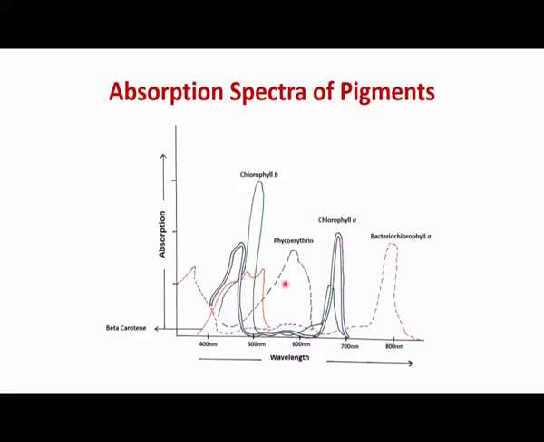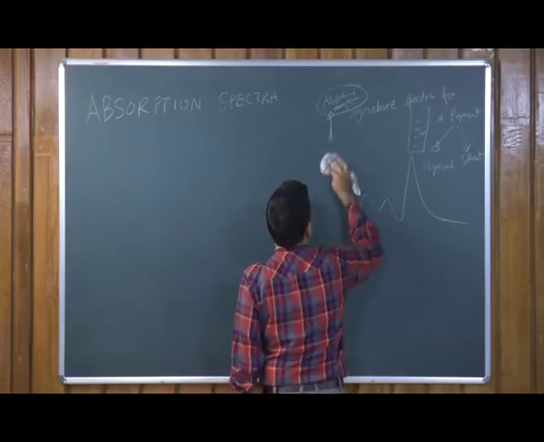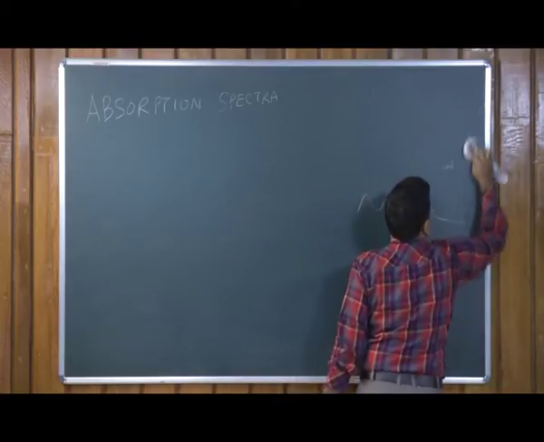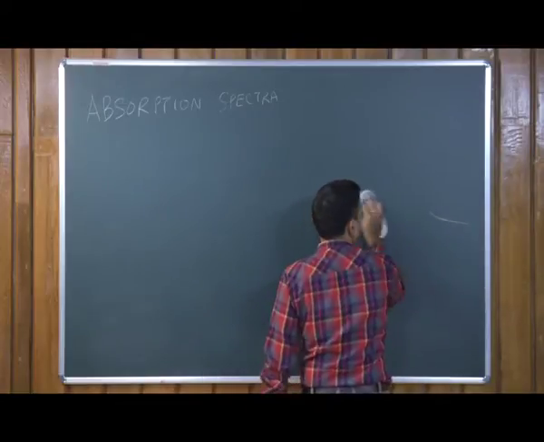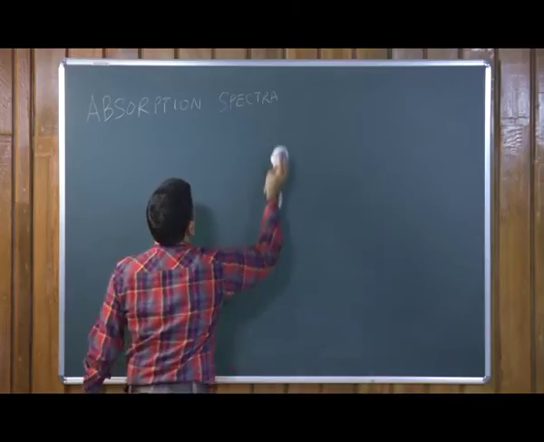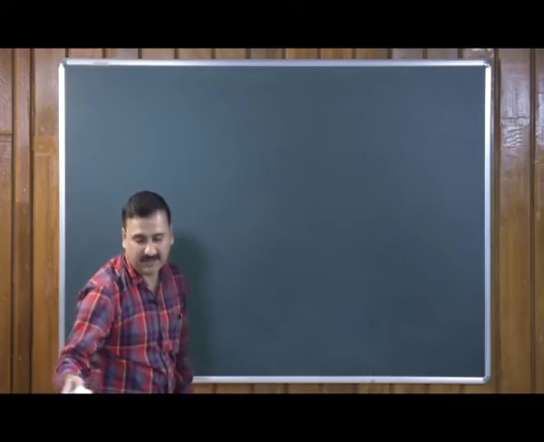Similarly, you can understand how phycoerythrin, which is also an accessory molecule, participates in the process of photosynthesis. All these molecules are used to drive the photosynthetic process, and that is why they constitute a complex, and that complex is known as the light harvesting complex. So, let us discuss what components are present in the light harvesting complex.